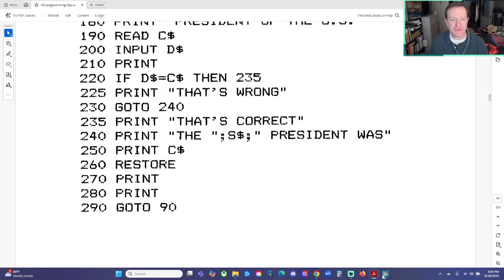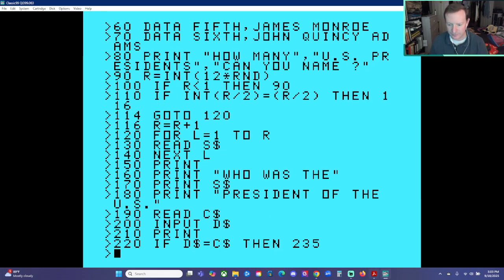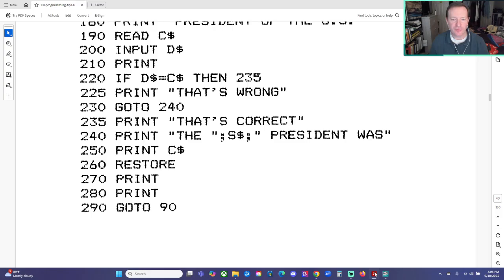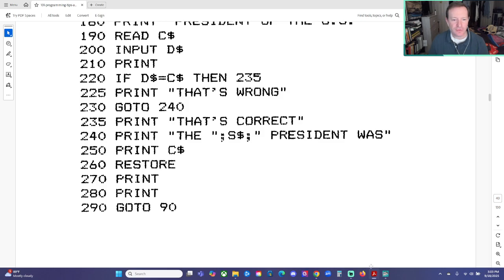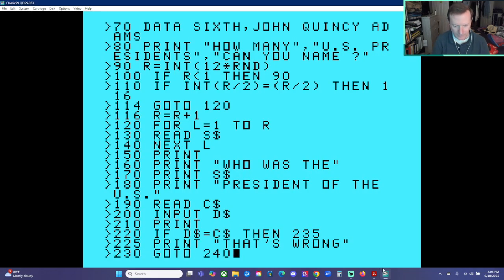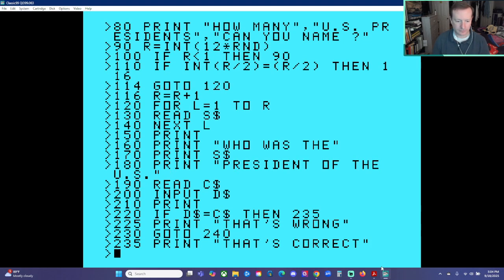If D string equals C string, then $235. $225, print that's wrong. $230, go to $240. $235, print that's correct. $240, print